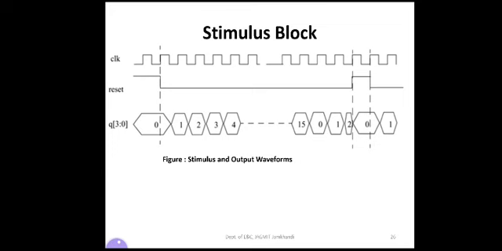Once the clock and reset are available, the output Q, Q 3 down to 0, is available. Initially, even though the clock pulse is available, if the reset pin is high, the output must be asynchronously forced to 0. That's why the Q output is 0 for a long time. Then once a clock edge is available again and the reset pin is low, the counter starts counting the values.